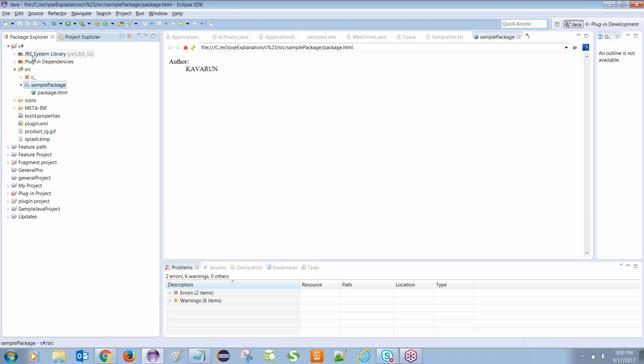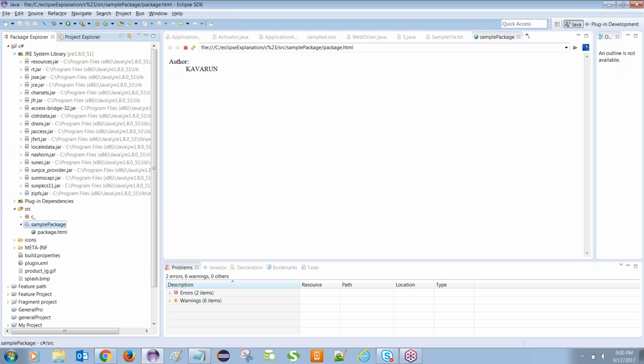Java libraries contain the JRE System Library files. When we open these files under this bullet icon, we can see resource.jar, rt.jar, jsse.jar, jce.jar, charsets.jar, jfr.jar, access-bridge-32.jar,